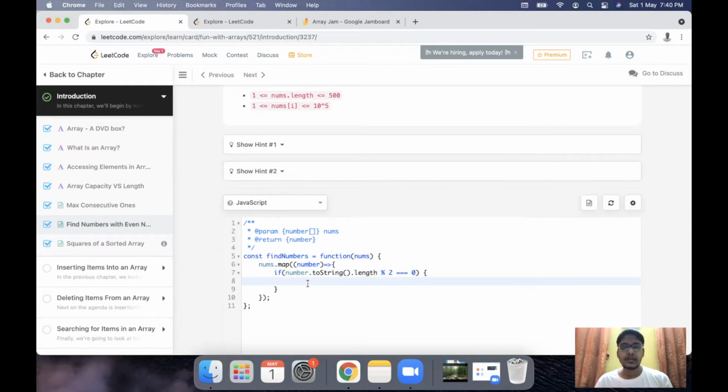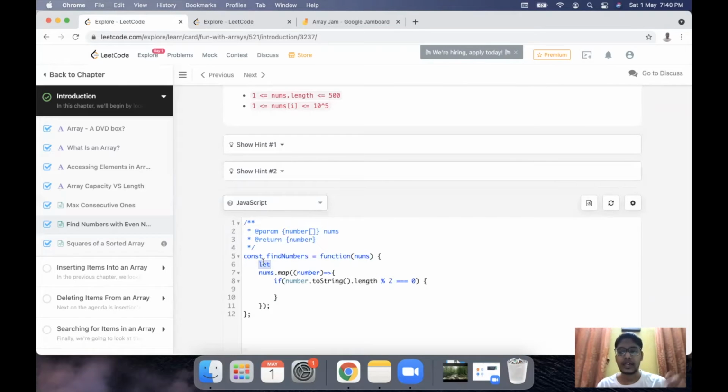number is obviously even. So what we can do is have a variable here using let, because I am going to redefine or update this variable next. That is why I'm using the let keyword. If I wanted a constant number, or if I did not want to redefine this number, I would have gone for the const keyword. Then I can go for something like total number, even number digits, let's say.